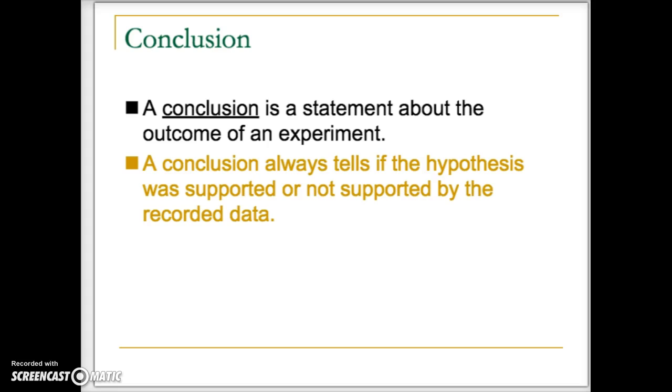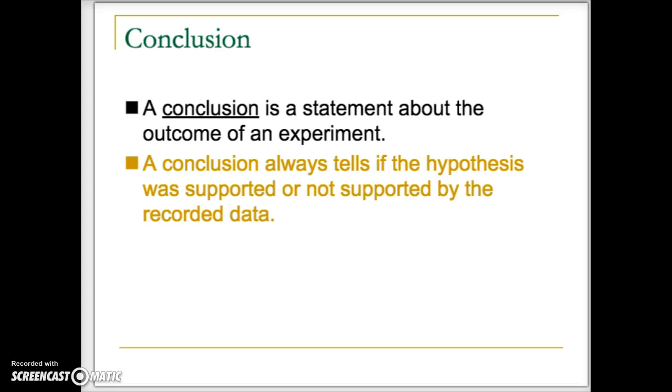So, going back to Bill's experiment, his manipulated and independent variable was sunlight. He put one plant in the window and put one plant in the closet. So when he went to write up his conclusion, he was going to tell if the hypothesis was supported or not